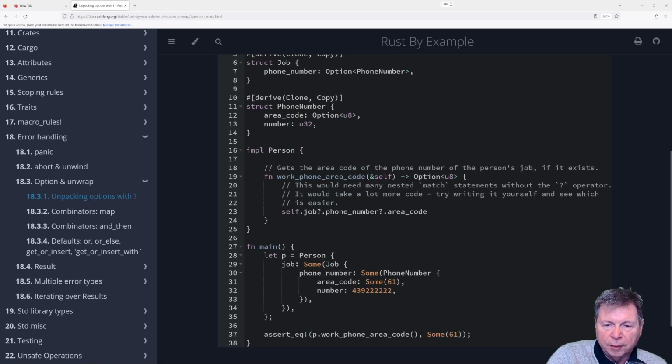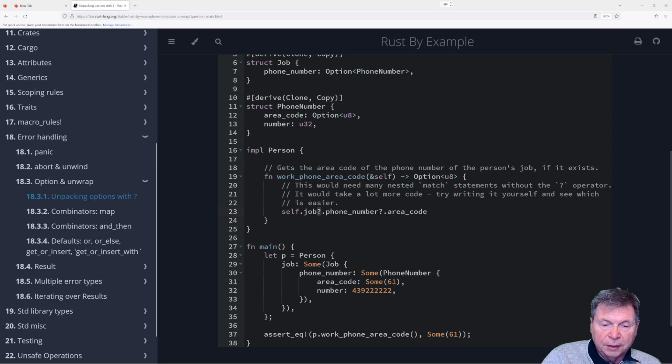Self, job, phone number, area code. This would need many nested match statements without the question mark operator. Would make a lot more code trying to write it yourself and see which one's easier. Yeah, obviously. This reminds me of the similar syntax in C# that does a similar kind of thing.